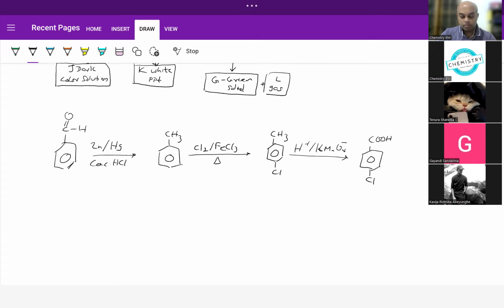So the benzaldehyde can be converted into the given compound, right, through these conversions. Okay,